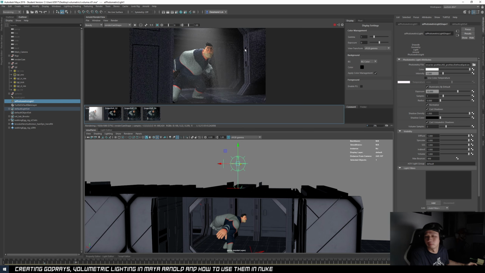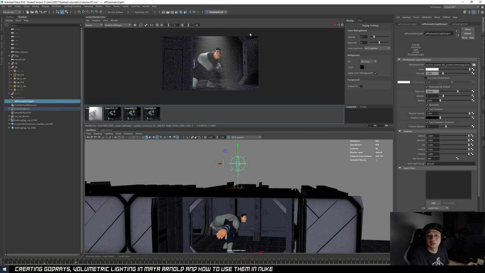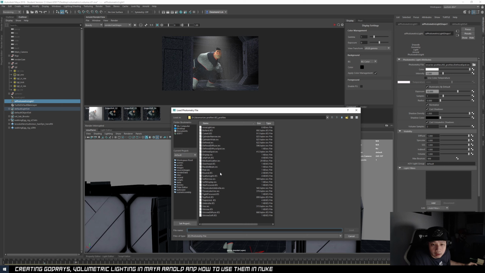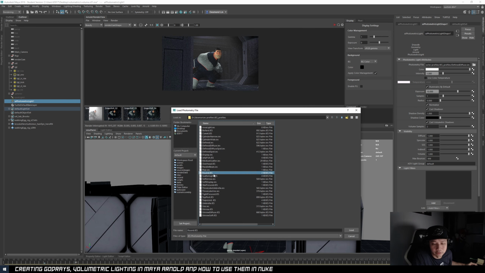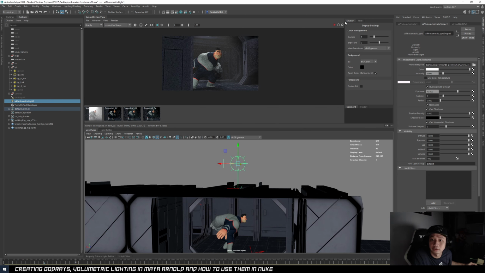Okay, so you probably can't see it much because you don't see the core. Let me just choose a different one. Diffuse, define diffuse. Let's try. See, every time I change the profile, I get a different look. The look of the volume changes. So I just need to choose one that looks nice. Let's just try a soft arrow.